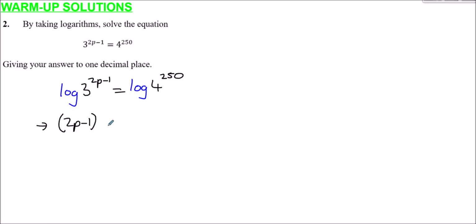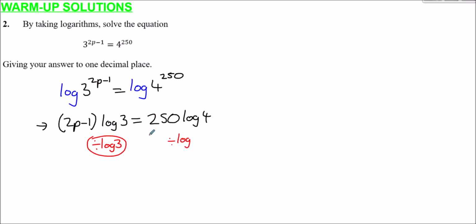So 2p minus 1 times by log 3 equals 250 multiplied by log 4, because both the 2p minus 1 power can go here, and 250 can drop down to the front of this logarithm too. So, if we divide both sides by, for example, log 3, that will just leave us with 2p minus 1 on the left-hand side, which isn't a bad thing to have. So 2p minus 1 equals 250